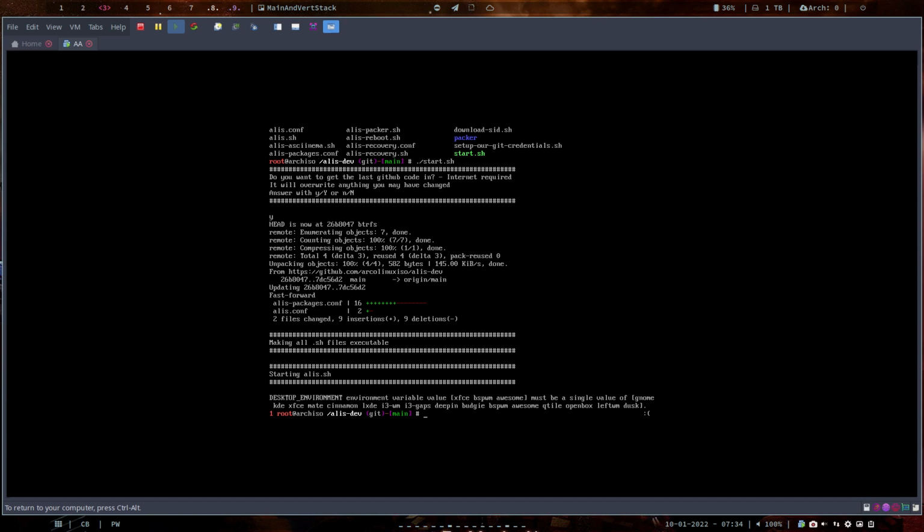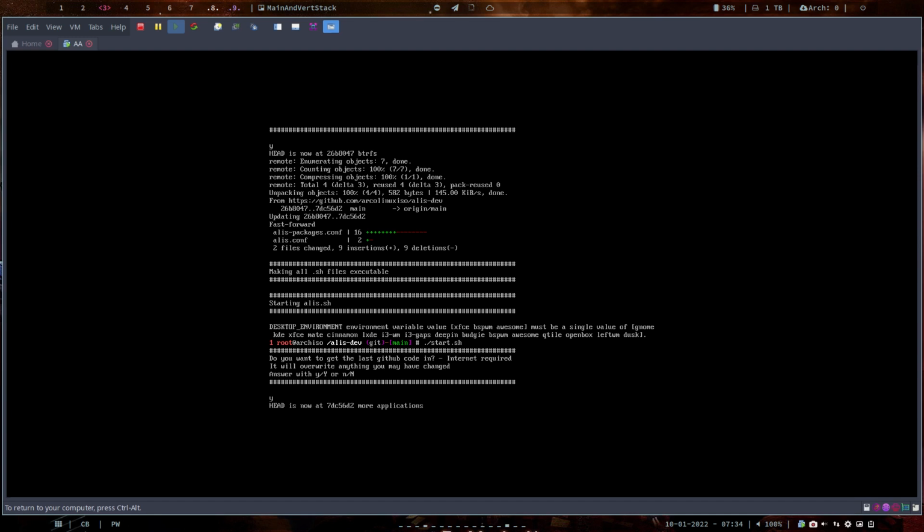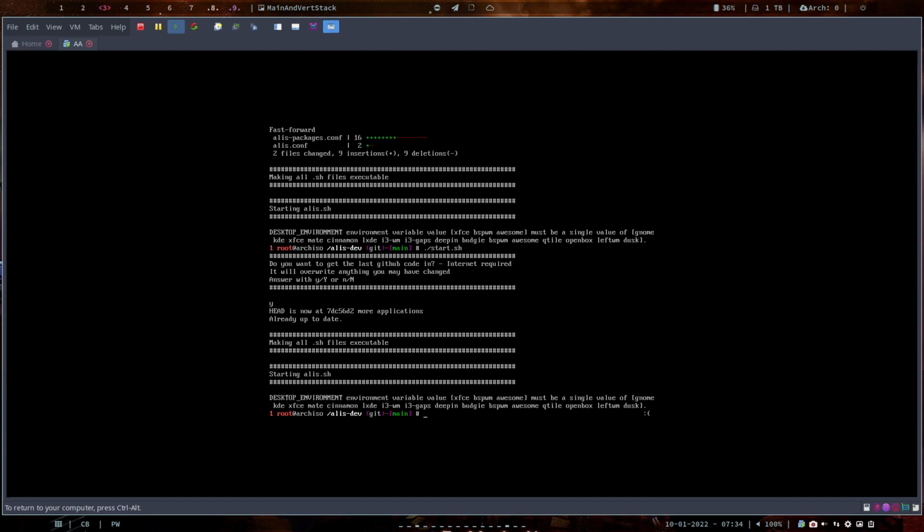Now, there is a text here that I haven't read yet. Let's have a look what it says. Desktop environment variable value XFCE BSPWM awesome must be a single value. That is strange, but last time I made a mistake and I added, I think, Leftwm. So I guess the scripts won't allow it,